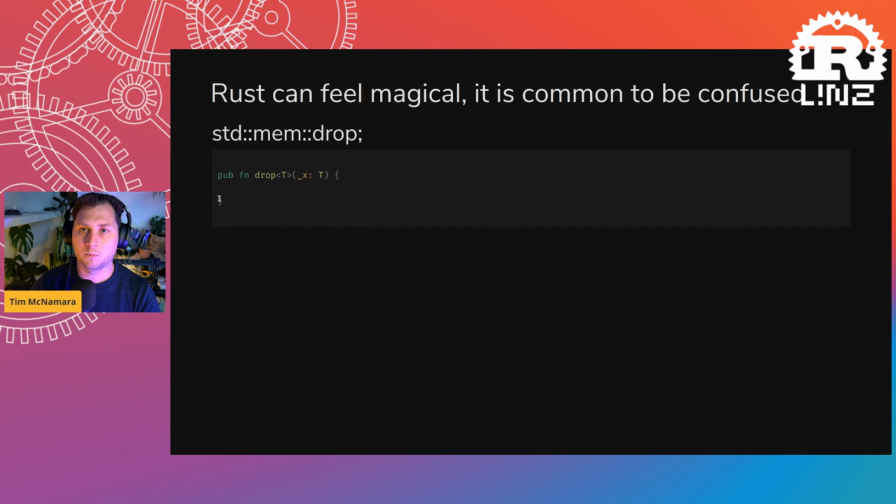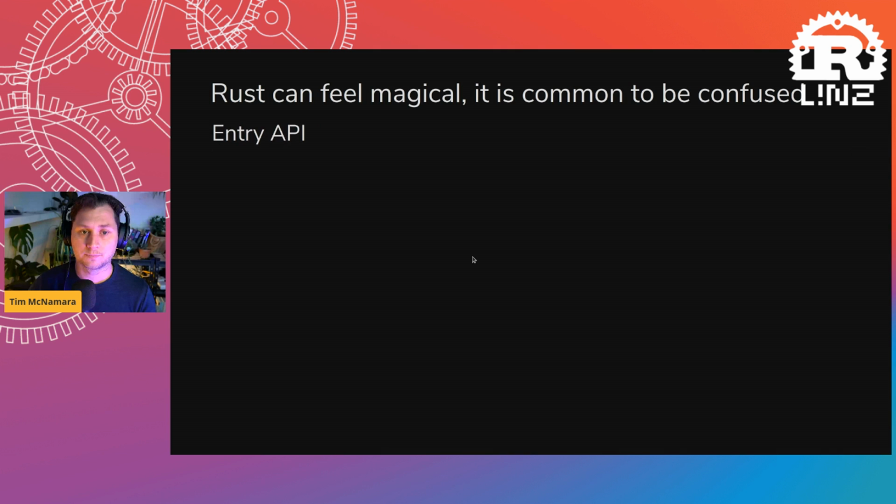And then it turns out, though, that to understand what this function is doing, you need to understand the Rust ownership system. And so what this syntax here does, we take the underscore x by value, and that moves ownership of underscore x into the drop scope. And when this scope ends, underscore x will be freed up or deleted. Now, if you don't know enough about Rust, it can be very, very confusing. And a good sign that you are learning Rust is being able to understand the drop function. If you have an intuitive understanding of what is happening here, that means it's very likely that you are